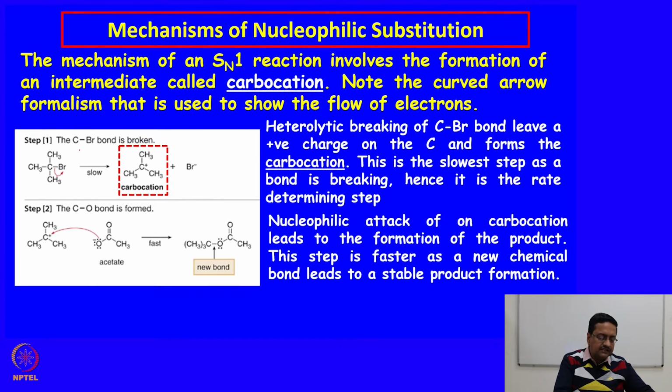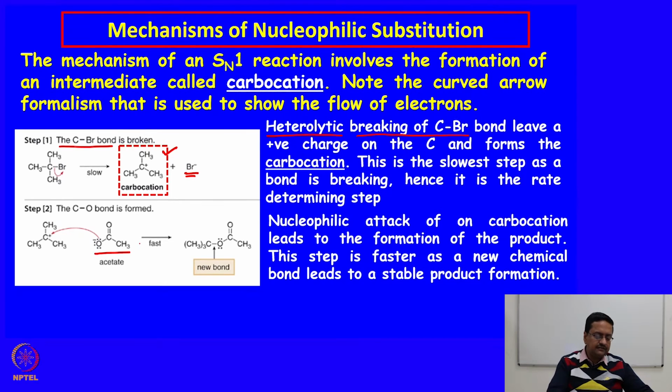So, what happens in this case is the C-Br bond is first broken, and this bond breaking process is slow, and what it forms is called a carbocation. A heterolytic breaking of the C-Br bond takes place and Br minus leaves with the electrons of the bond, and then the